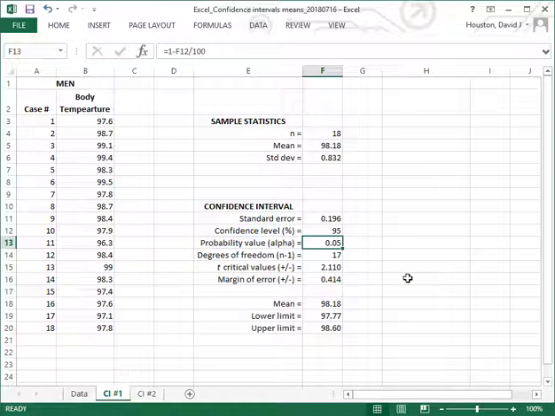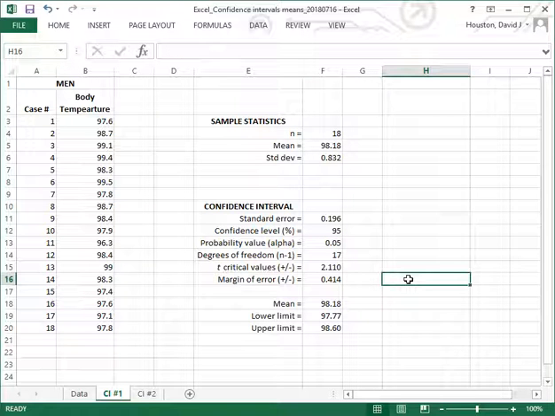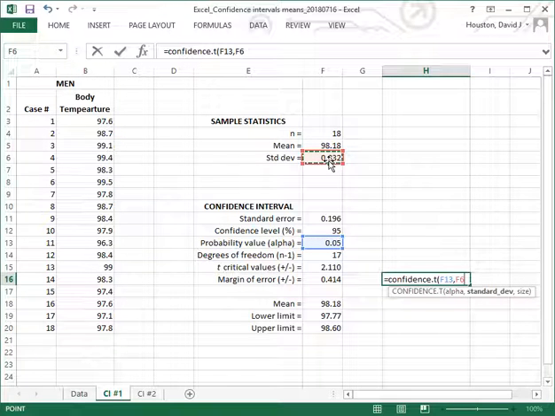Now one last function in Excel that I want to show you that can be used for constructing confidence intervals around sample means is the confidence.t function. And let me just demonstrate how to use that. Equal, and as the name implies, confidence.t, open parenthesis. Now we identify the alpha level between 0 and 1, comma, the standard deviation for our variable,